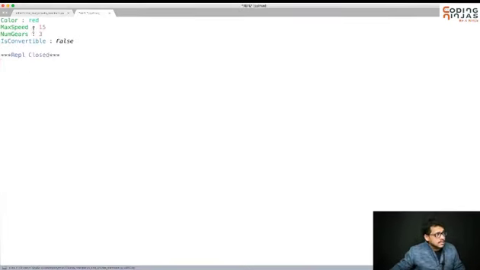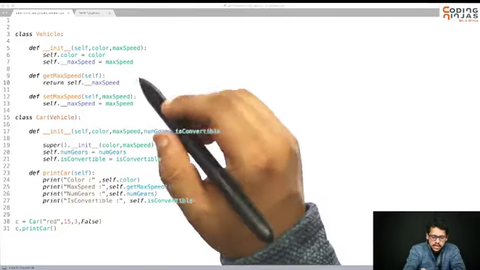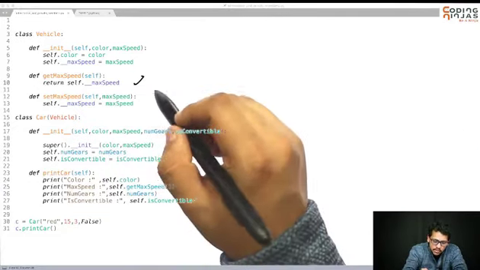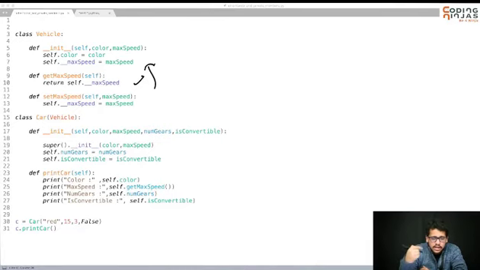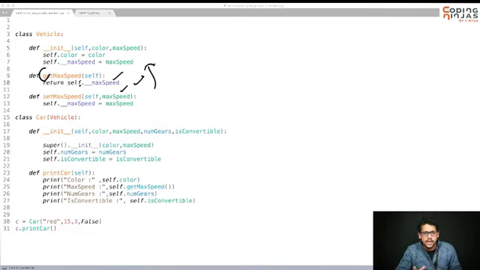So I have access: max speed is 15, number of gears is 3, is convertible is false, and now I am easily able to access the private member. I should not use that underscore name mangling hack, but I should use getters and setters for accessing private members. Now the clarity is there that if you want to access any private member, you can do that only by going through that class. So you can have getter and setter functions so that you can set or get that variable. These are not private, these are public functions, so you are easily able to access them. Okay, great, thank you.